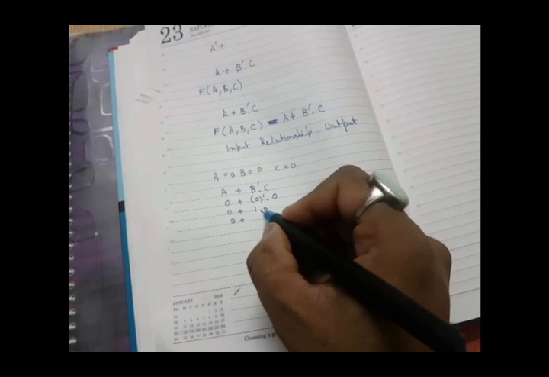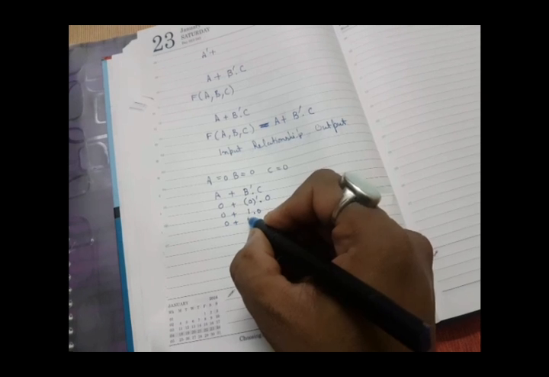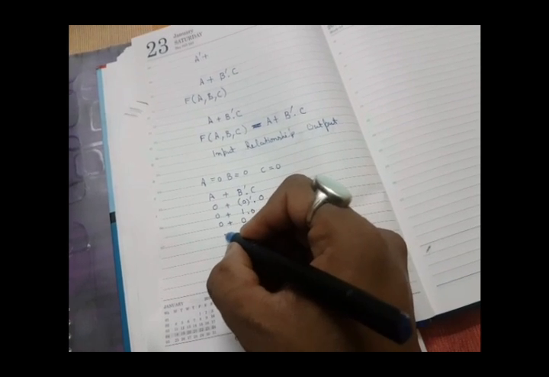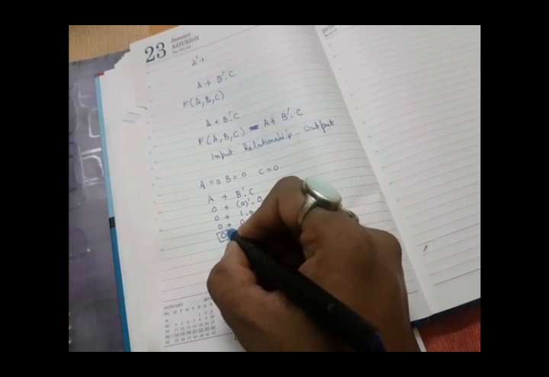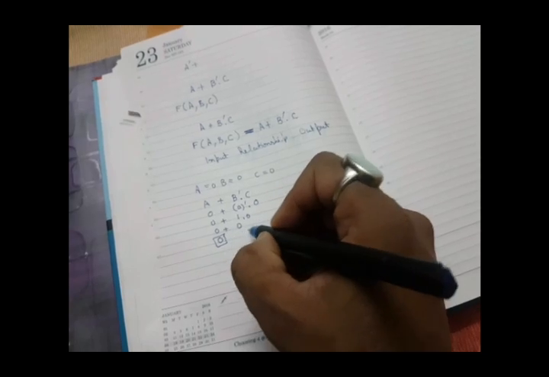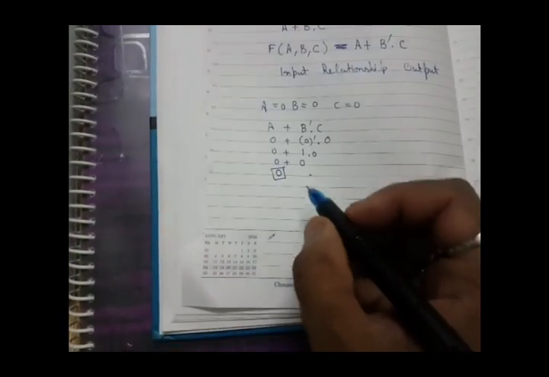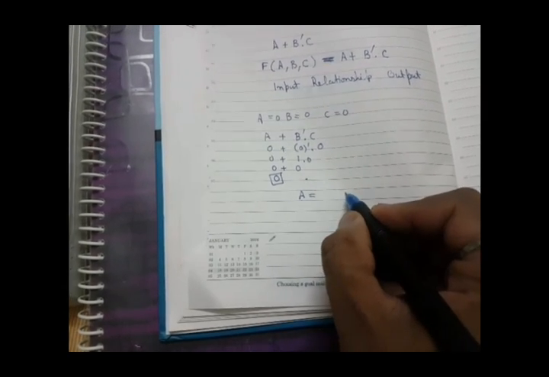When it is having 0 on the other side, the product of 1 and 0 will always produce 0. And when 0 and 0 have been ORed, we get the final output 0. So this is the output on the basis of these three inputs, and that we can put into a truth table. Similarly, we can have in the truth table another set of values.